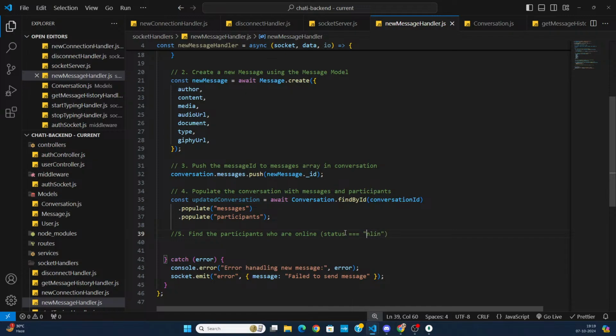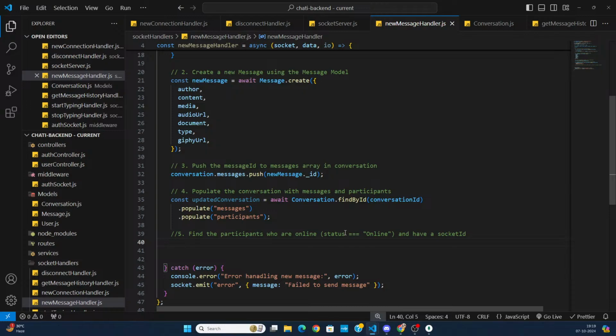Here, O must be capital because that's an enum, so the value will be matched exactly, character to character, and have a socket ID. We also need to check for this condition: the user must be online and they should also have a socket ID. So let's write const onlineParticipants,